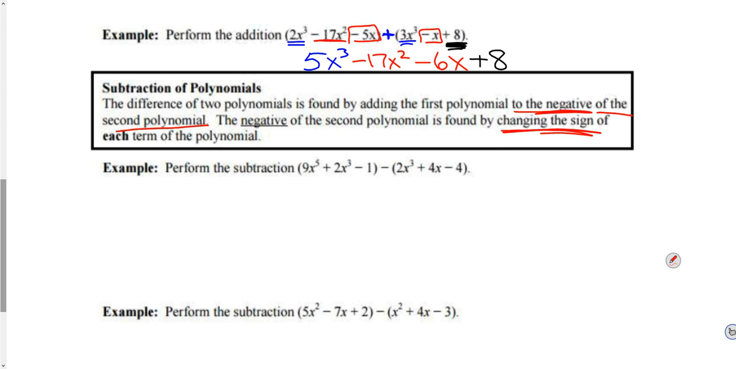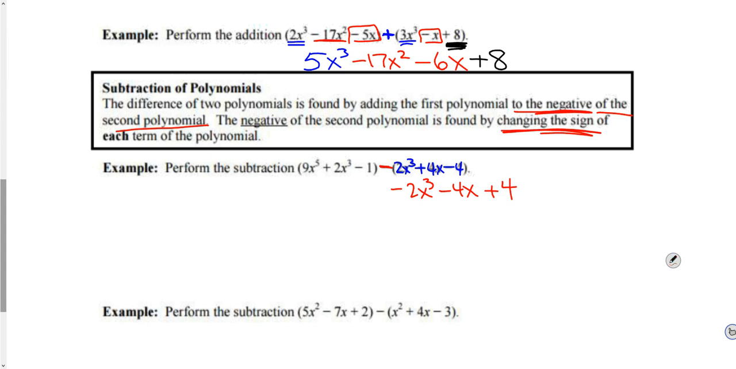So if you look at the one on the right, this says positive 2x to the third, positive 4x, minus 4. Because this has this minus, we have to go to the right and change every sign. So instead of positive 2x to the third, we'll have minus 2x to the third. Instead of positive 4x, we'll have minus 4x. Instead of minus 4, we'll have plus 4. So on a subtraction, the only difference is you have to change the signs first, and then you can combine